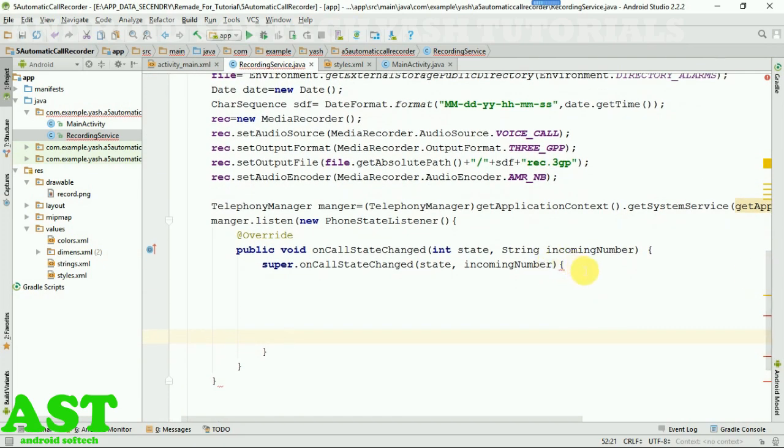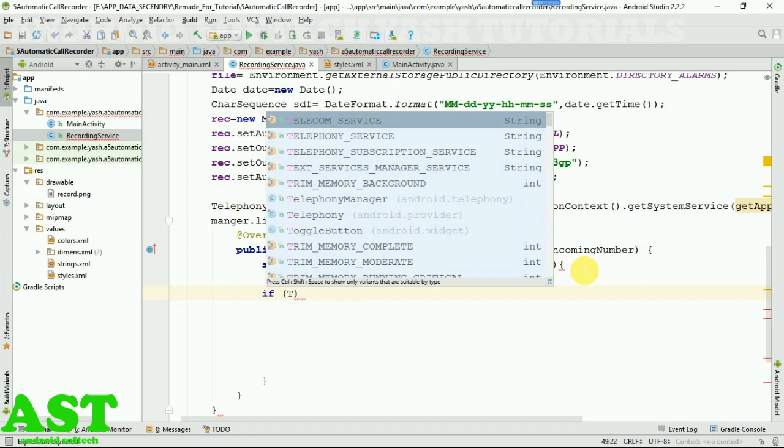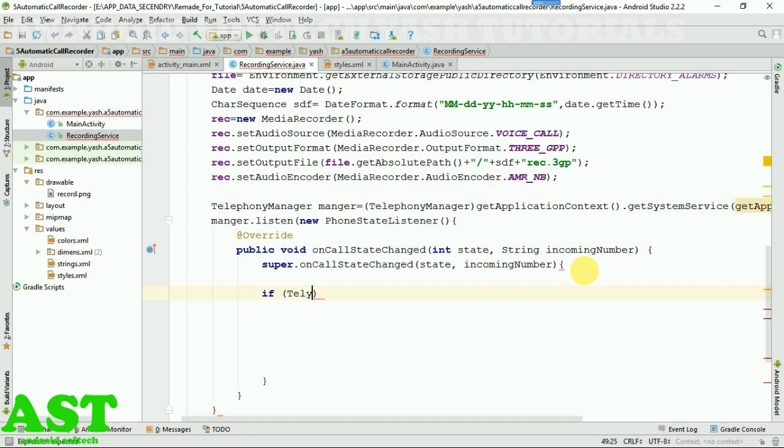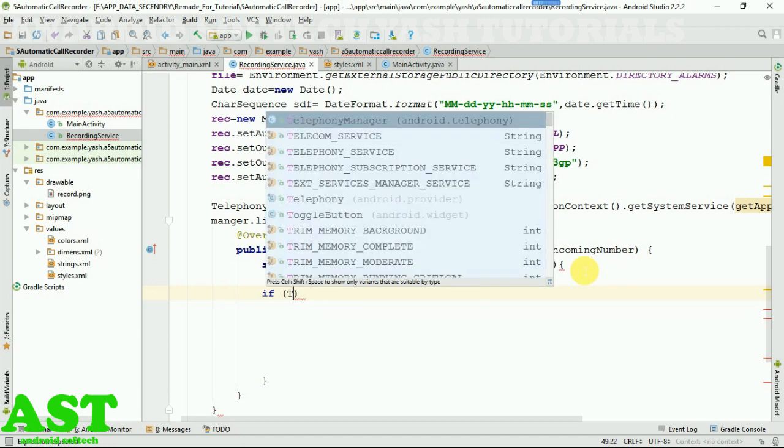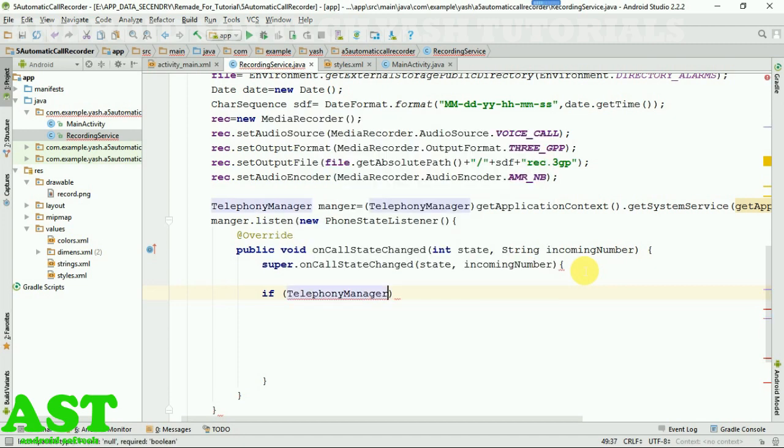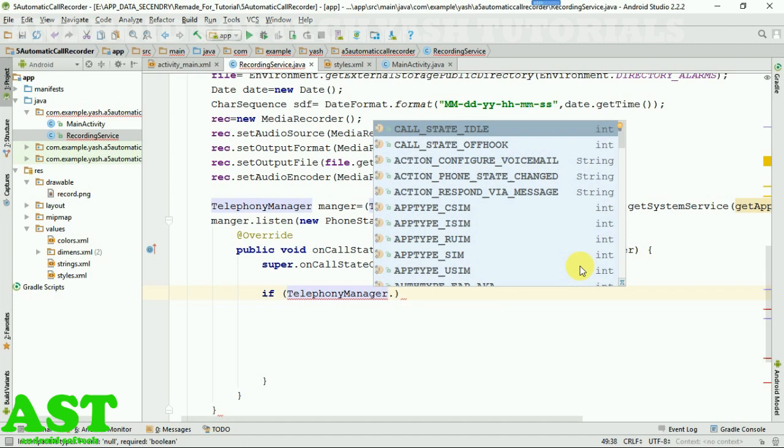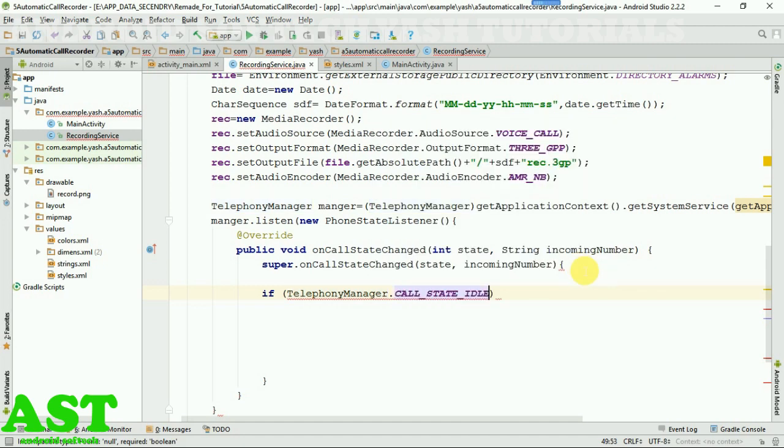Yeah, and so now I'm going to write an if statement, so if telephony manager dot call state idle,